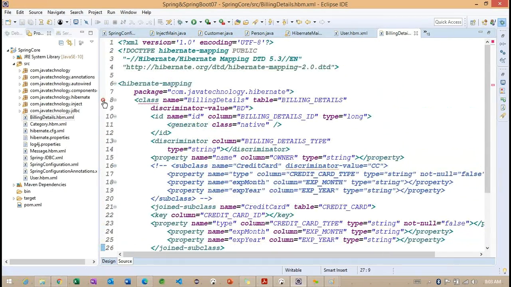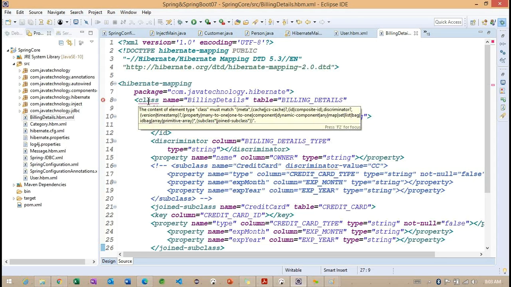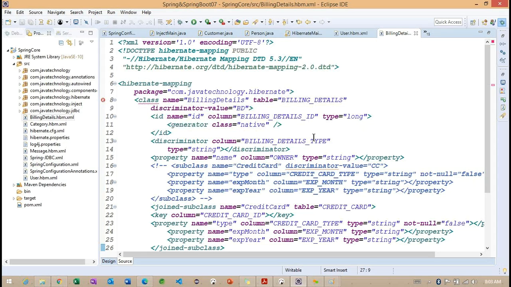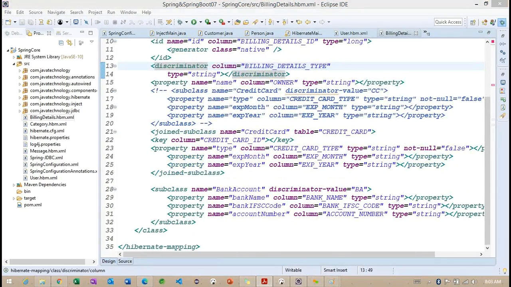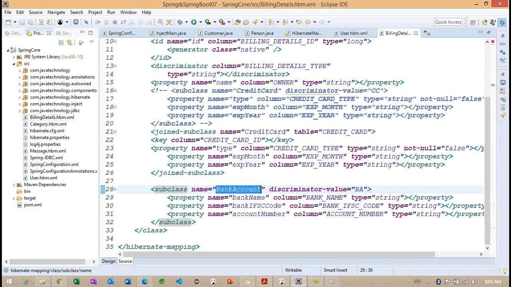So what happened? I'm getting an error. Class must match with Cassie JS or JS Cassie. Okay. Describe meta version. Okay. So I will change those information later. But now we need to understand how we can work with this particular information here. Same way we can work with the bank account also. So now we understand the differences, each difference here.